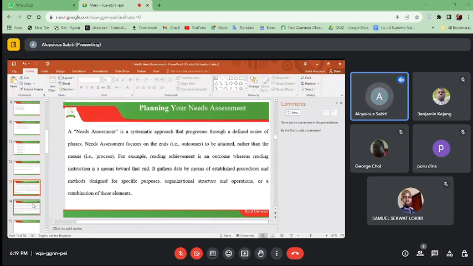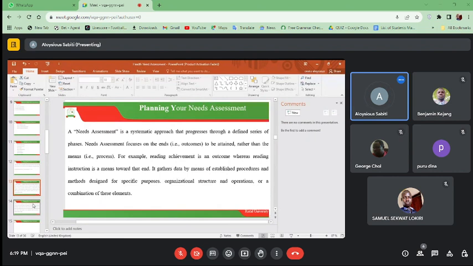It gathers data by means of established procedures and methods designed for a specific purpose, organizational structure, and operations, or a combination of these elements. So in a needs assessment, we are not looking at the